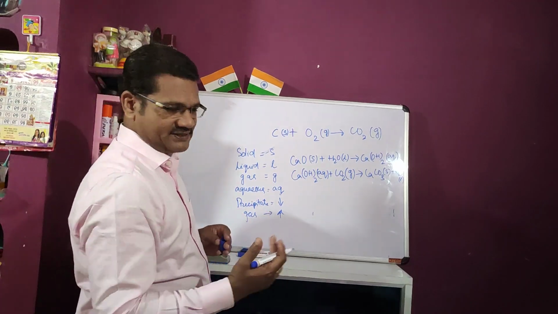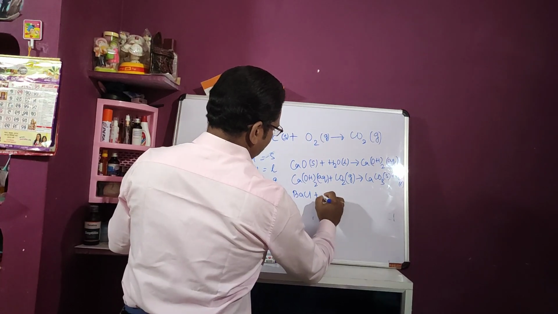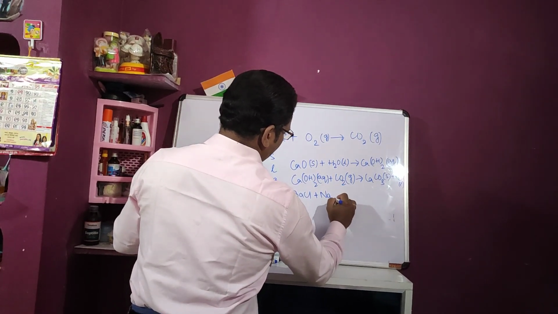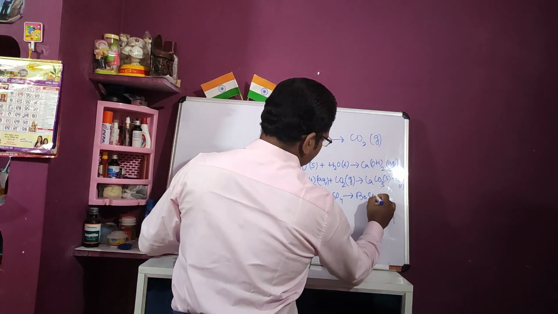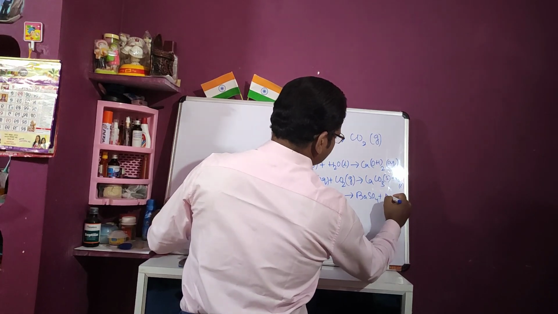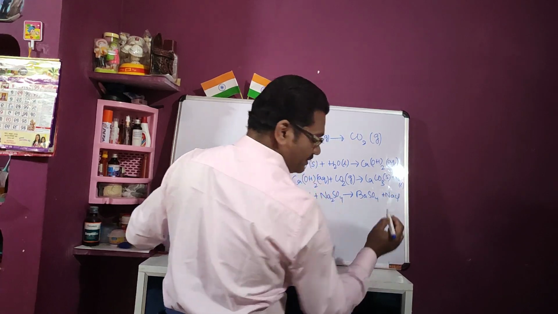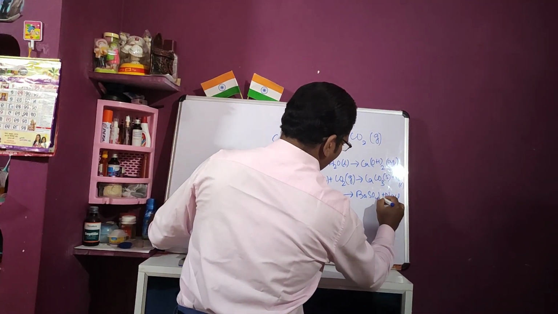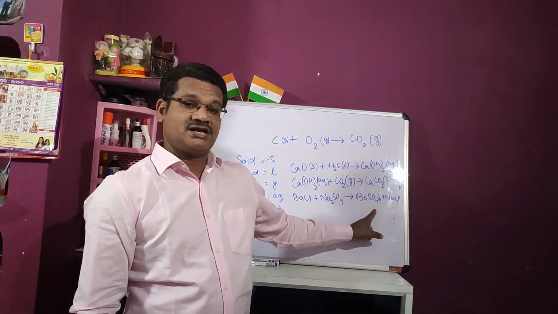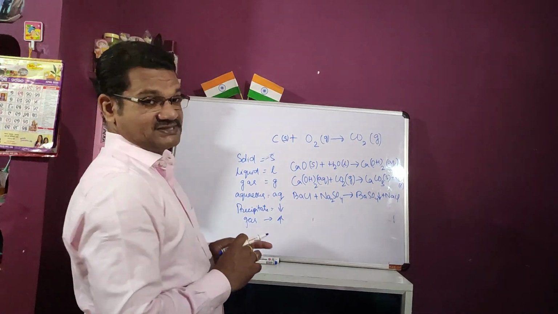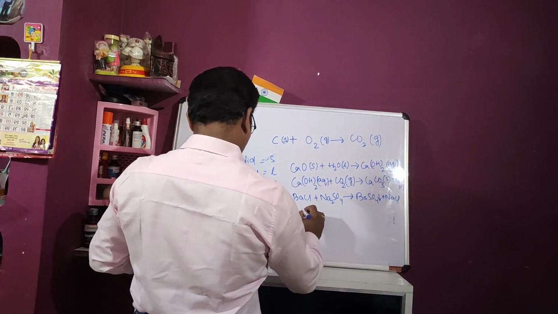Let's take a precipitation reaction. Suppose barium chloride reacts with sodium sulfate, Na2SO4. In this, barium sulfate is obtained plus NaCl. This barium sulfate, since it is a precipitate, I shall give a down arrow here. That means a precipitate is obtained. I shall give you a special example. Now, iron, Fe.